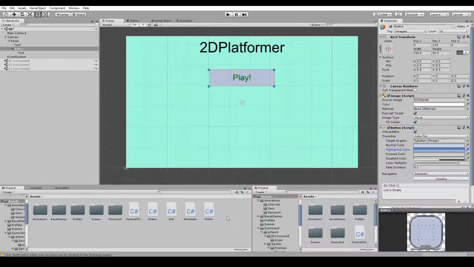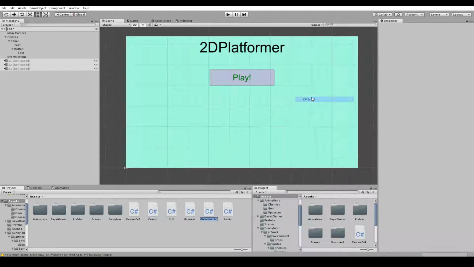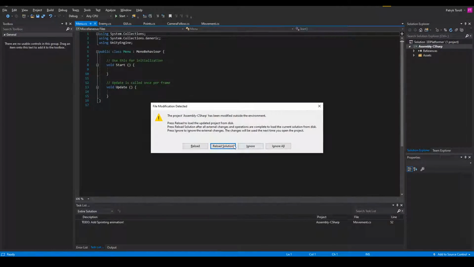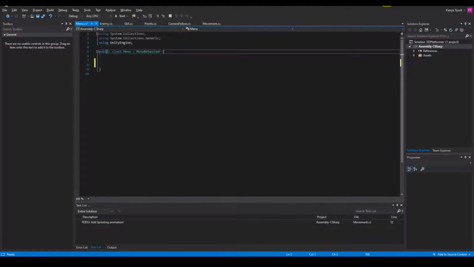Okay, so right now we need to create a script which will handle buttons in our menu. So go hit right click over here, create C# script. We can just name it menu and open it up again. Reload the solution if you have to. So we won't be using these. Instead, we will be using the scene manager library. So using UnityEngine.SceneManagement,